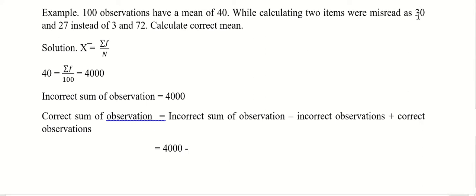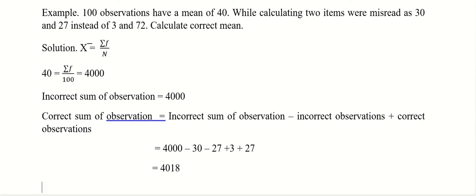It was misread as 30 and 27 instead of 3 and 72. So minus 30 and minus 27. Incorrect values we subtract, and we add the correct values, which are 3 and 72, right? This is how we find the correct sum of observations. So here the answer is 4018,